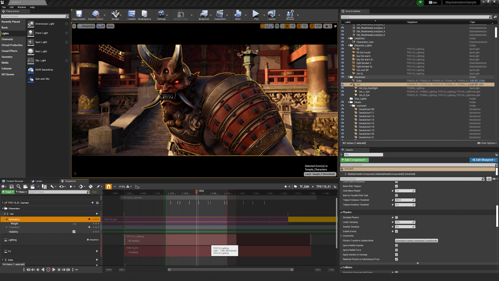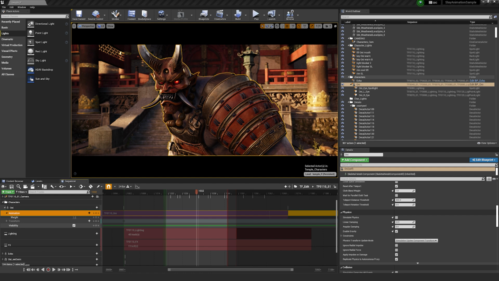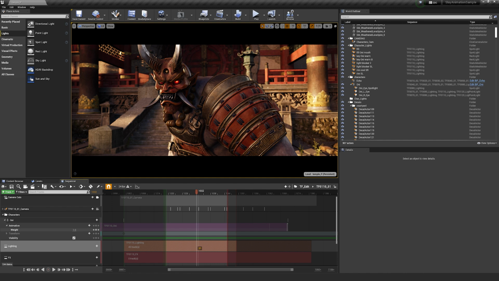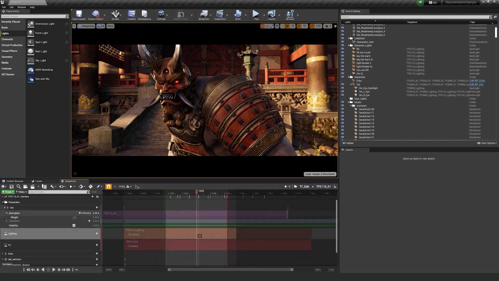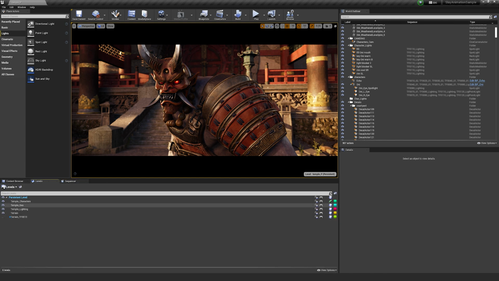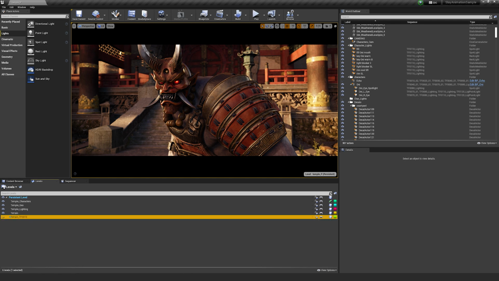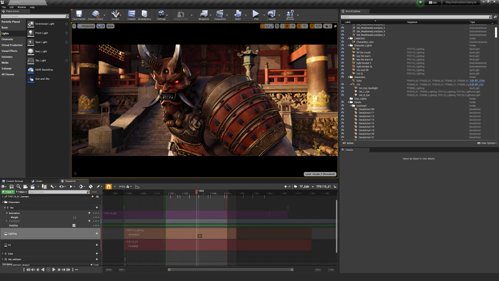But the good part to this is that these subsequences, so for TF10 lighting, are phenomenal because when it comes to working in a project with multiple people, it is great to start splitting up your tracks or your sequences into adjustable modules. So much like how the levels are split up between characters, geo, lighting, terrain, and then terrain for the first shot, you can pretty much do the same thing for your sequences.